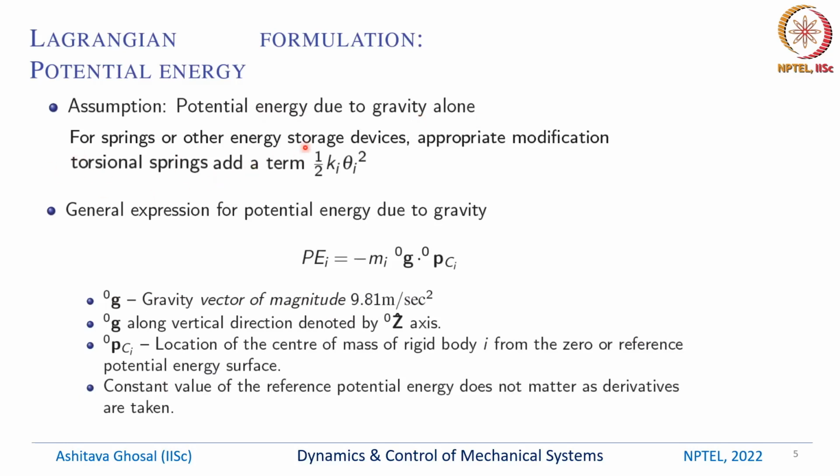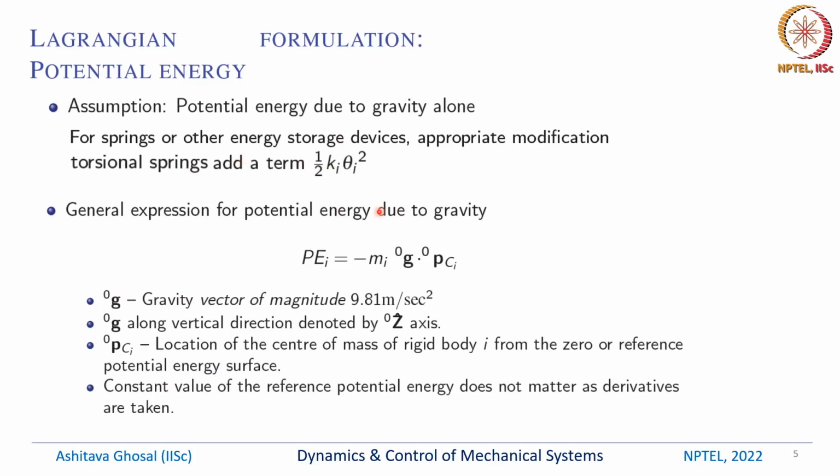If you have springs or other energy storage devices, we need to modify the potential energy term. So for example, if you have a torsional spring, then we have to add one term, half k_i theta_i squared, where k is the spring constant. But most of the time, or at least in this lecture, we will assume the potential energy is due